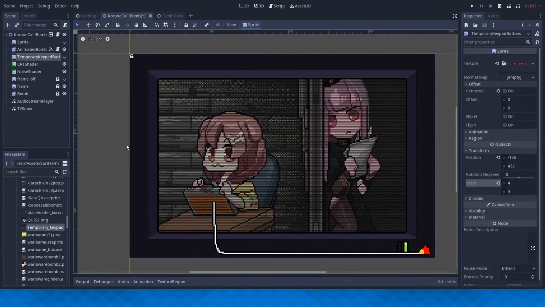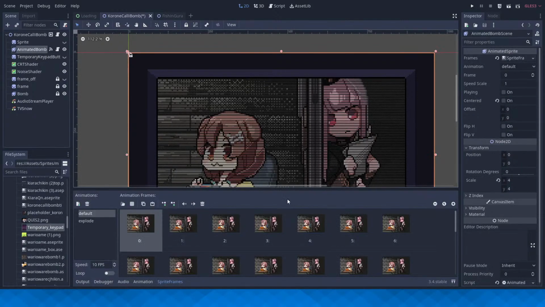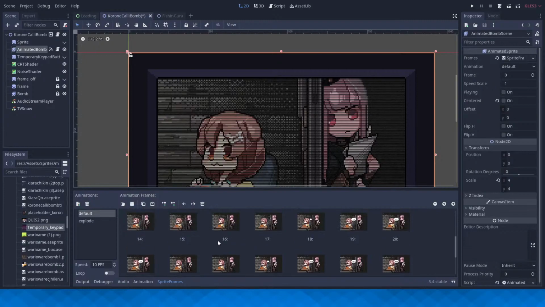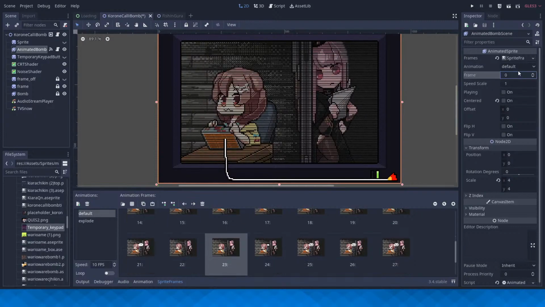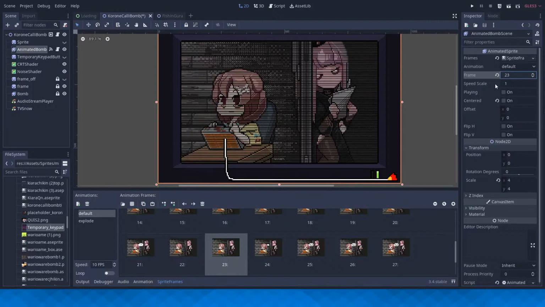So, I think I'm gonna deal with the animations then, since the actual explosion already starts at the end of the first animation here. So I feel like here, if I skip over to frame 23,